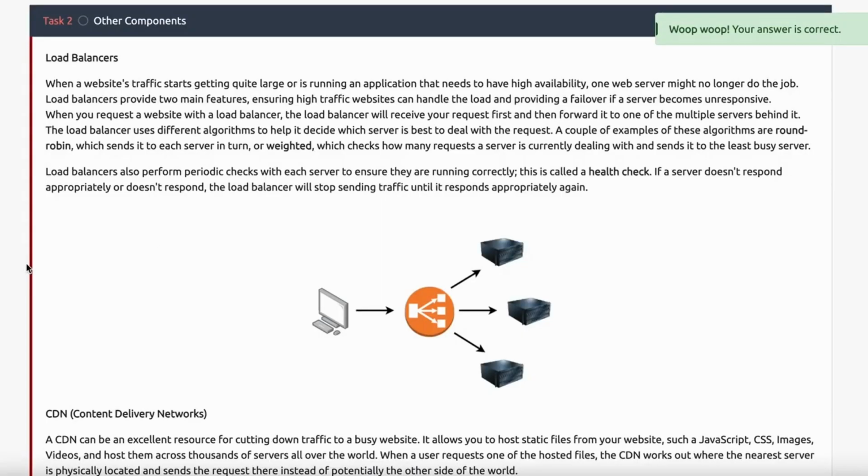There are several other components that go into this entire infrastructure, including load balancers. Now, YouTube doesn't just have one web server. That would be insane. YouTube most likely, and this is probably the same with most companies that host anything, runs with a series of load balancers, because the more requests that a web server gets, the more overwhelmed it becomes. And so you need load balancers to help with that situation.